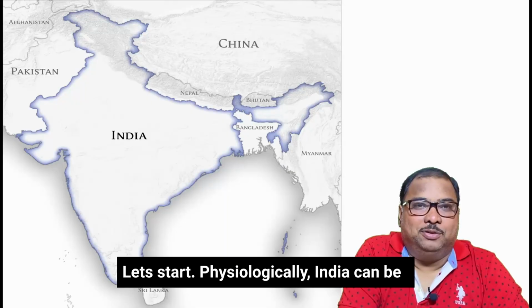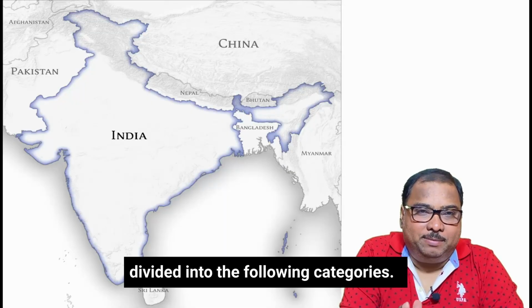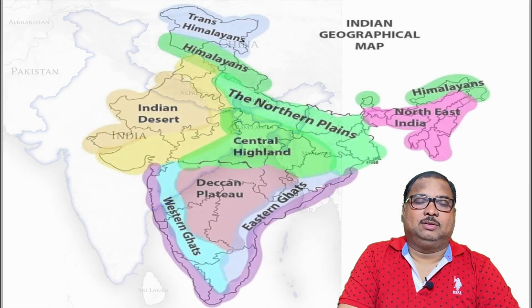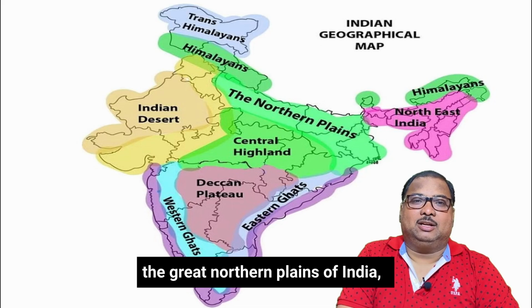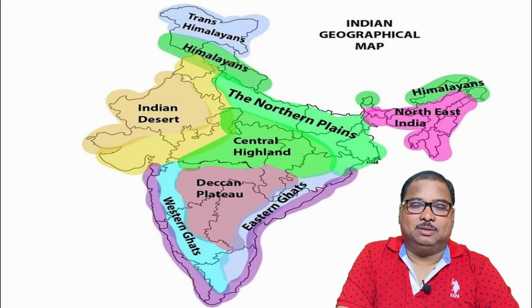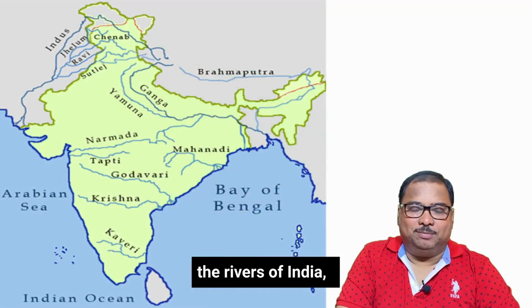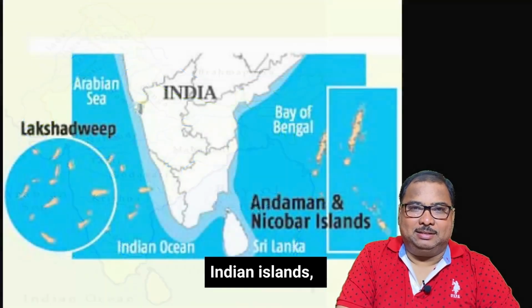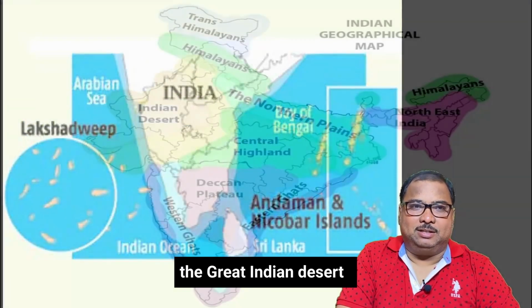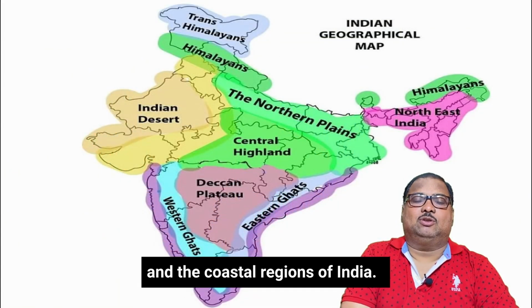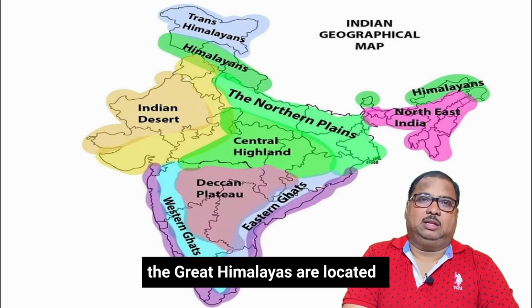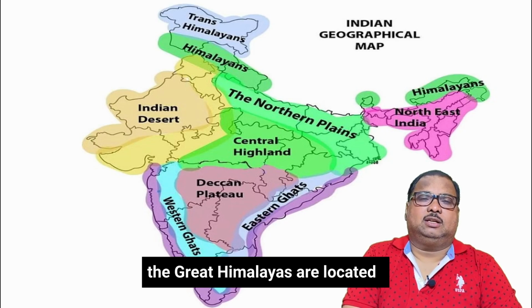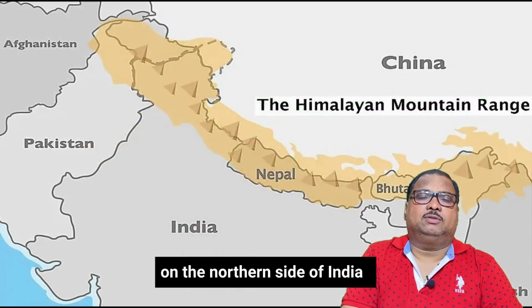Let's start. Physiographically, India can be divided into the following categories: the Great Himalayas in the north, the Great Northern Plains of India, the Great Indian Plateau, the rivers of India, Indian islands, the Great Indian Desert, and the coastal regions of India. Now, dear friends, you all know that the Great Himalayas are located on the northern side of India,